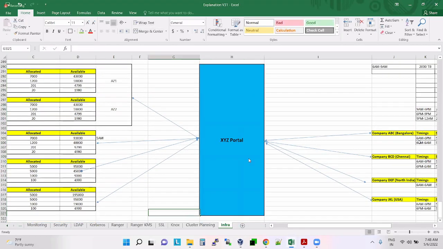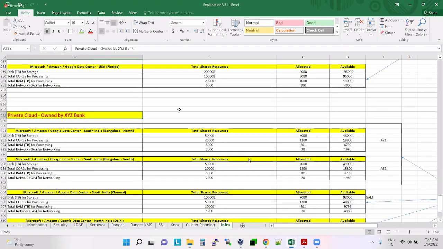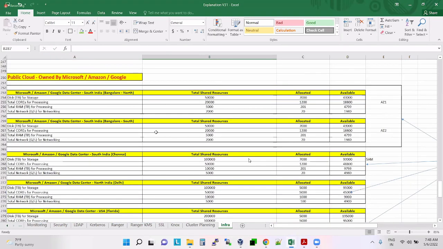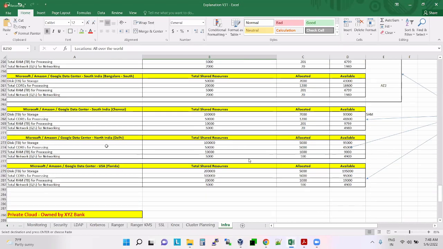Think that this XYZ Bank has locations all over the world, and these are the locations where you have data centers.